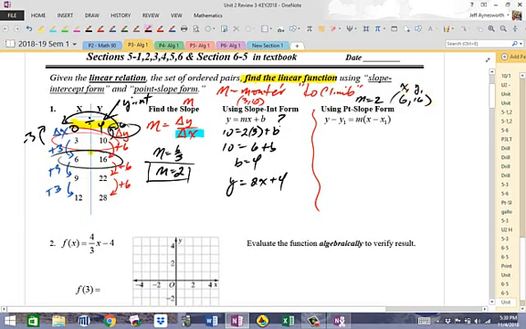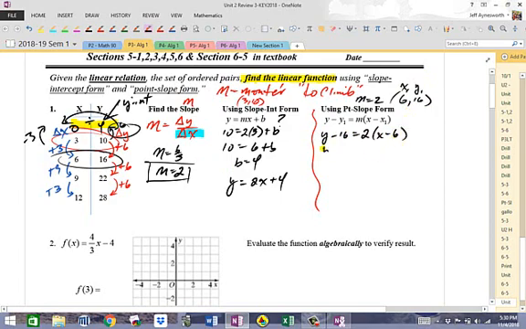Because all these points are on the line, it shouldn't matter what point I pick to determine the linear function. If I pick (6, 16), I know that x1 is 6 and y1 is 16. So I have y minus 16 is equal to 2, remember, the slope's 2, I calculated that earlier, times x minus the x value of